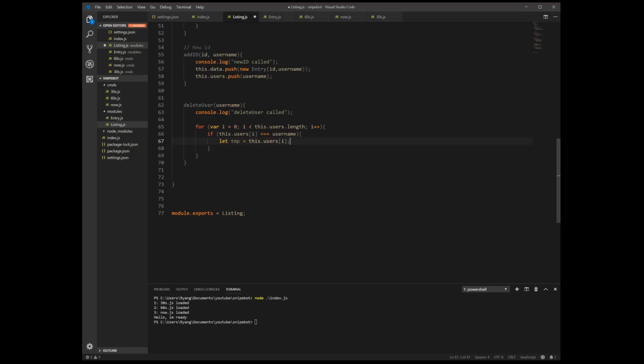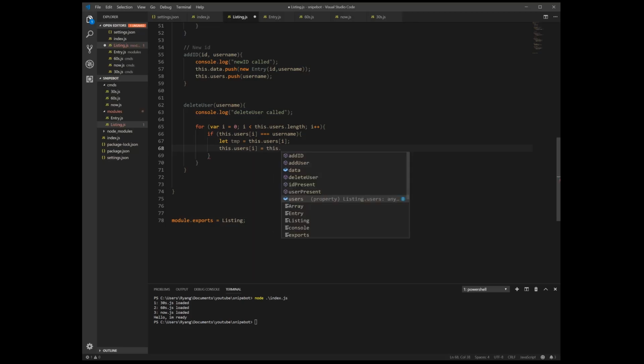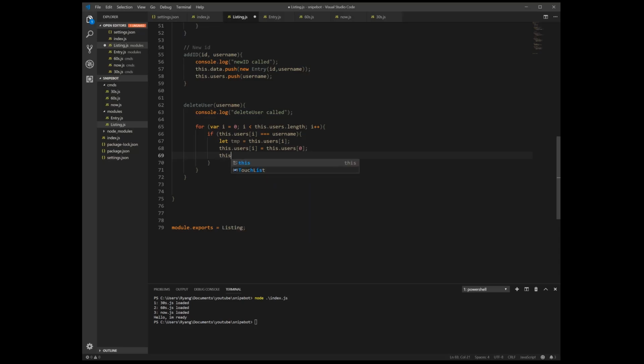And with this, we can now go and this.users[i] is equal to this.users[0]. So we take the first value in the array and we put it into our i value, whichever index we currently have. And then we're going to take the users[0], which is the first line in the array, and we're going to give it the temp value.